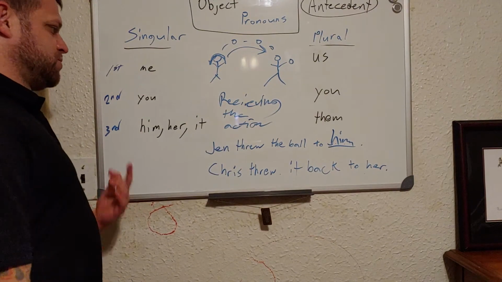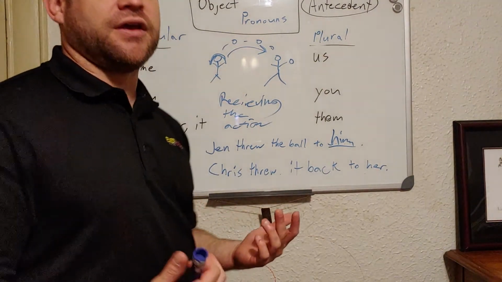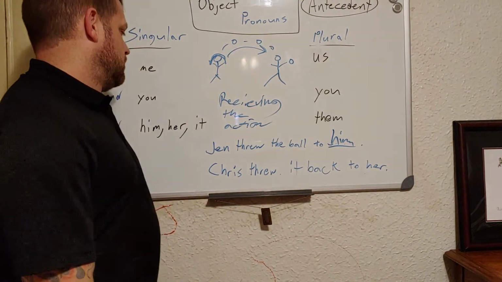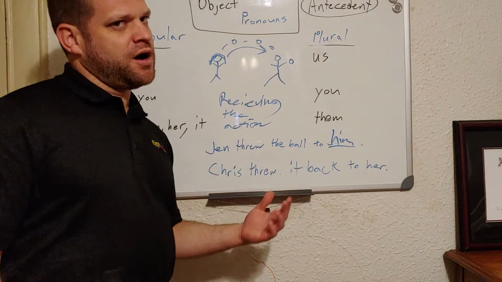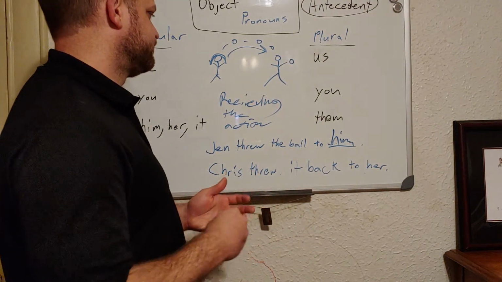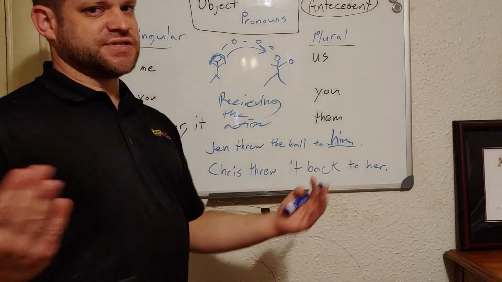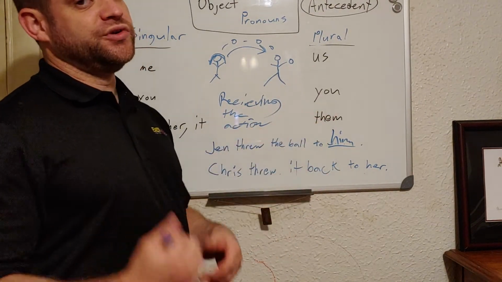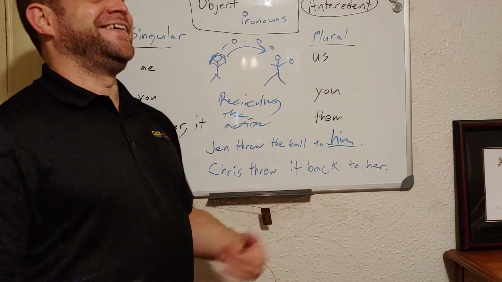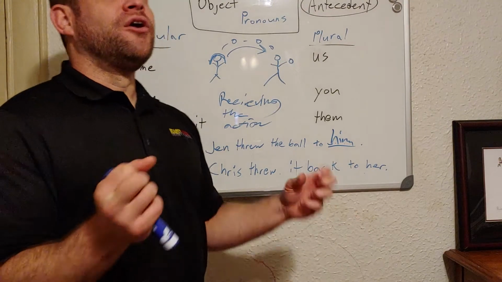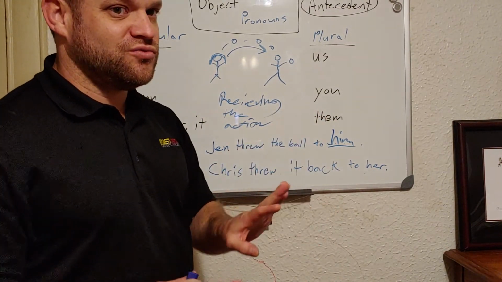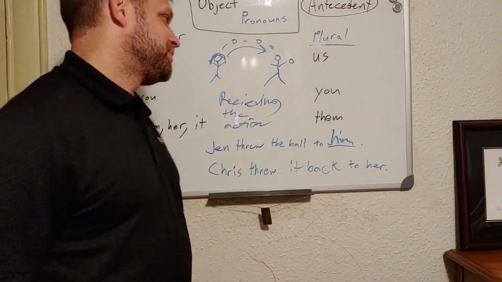And then third person is when you're talking about somebody else. You'll say like, oh, did you see what happened to her? Did you see what happened to him? Or it, if you're talking about a robot or an animal that you don't know the sex of. And then plural is obviously when you're talking about more people. You is singular and plural. Us is when you are in the group. Did you see what happened to us? Oh, we're so crazy. And them is, again, when you separate from the group. Okay?